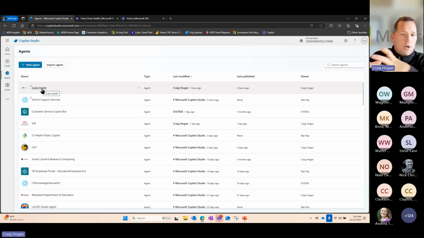So if I have a group that comes to me, for example HR, and they want to build an onboarding agent and a policy agent and things like that, I can create that environment for HR. I can define what the data sets are, who has access to build those bots, and then I can assign my onboarding agent 2,000 messages or whatnot, however I want to do that. Yes, thank you, Dwayne, for the default environment.